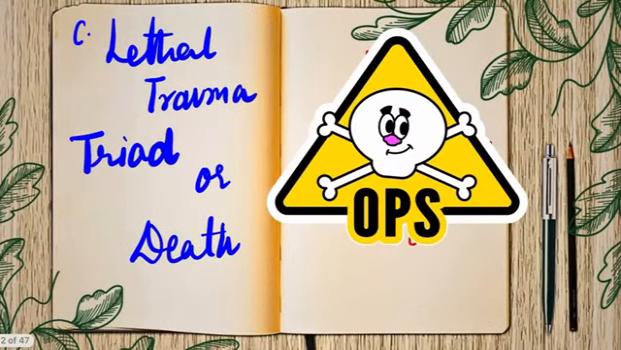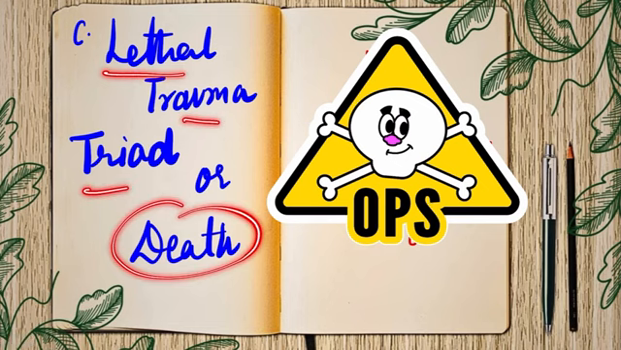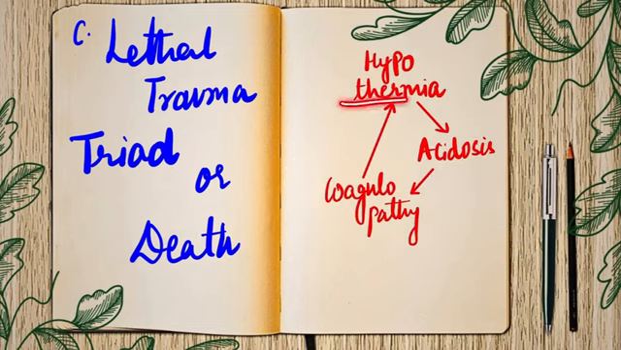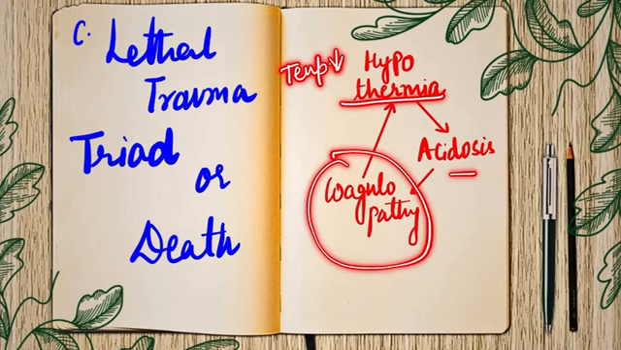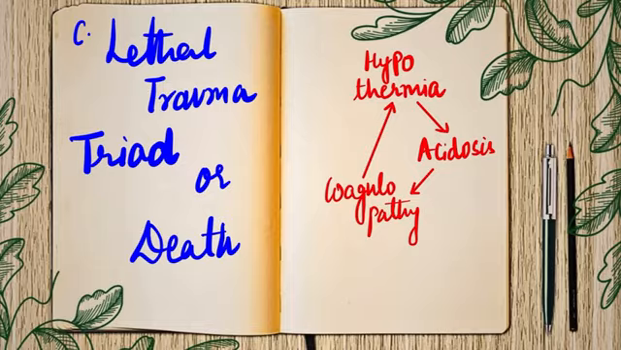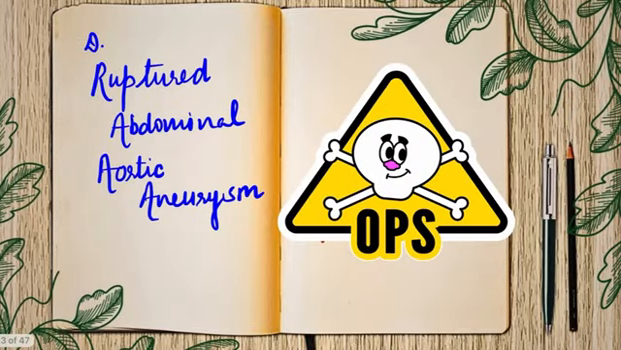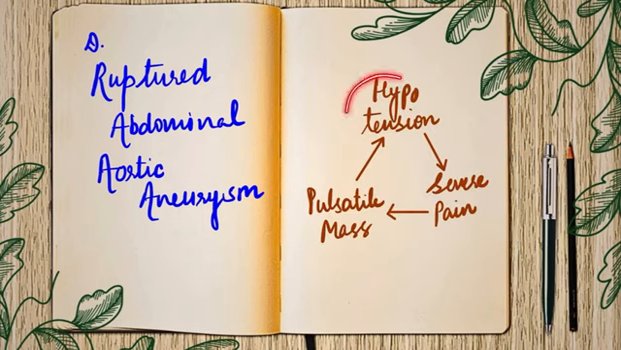Third one is the lethal trauma triad, or the triad of death. Components are hypothermia, meaning the temperature of the body will be lowered, coagulopathy, and acidosis. Fourth is ruptured abdominal aortic aneurysm. It is a very severe condition, and the triad we see here is hypotension along with pulsatile mass and severe